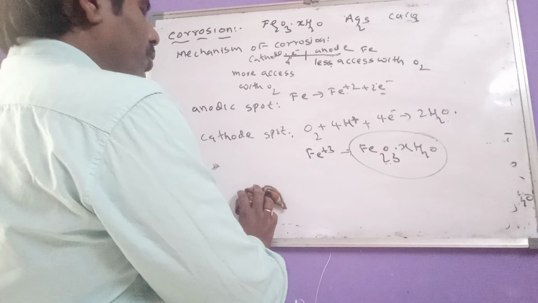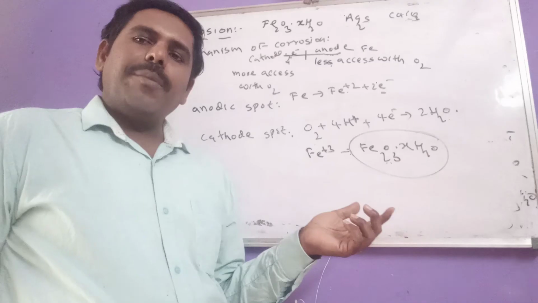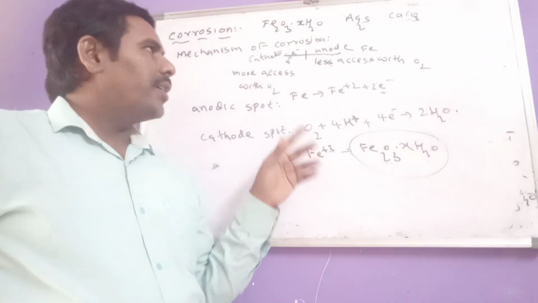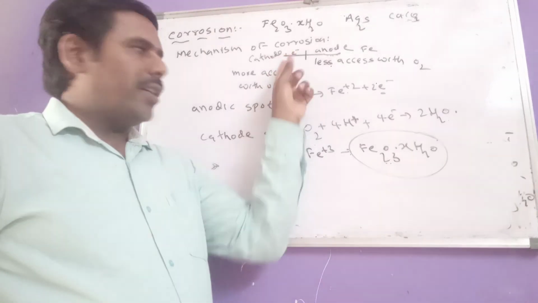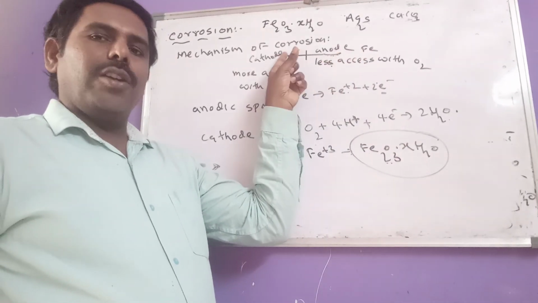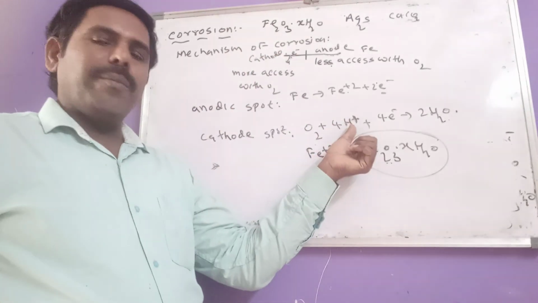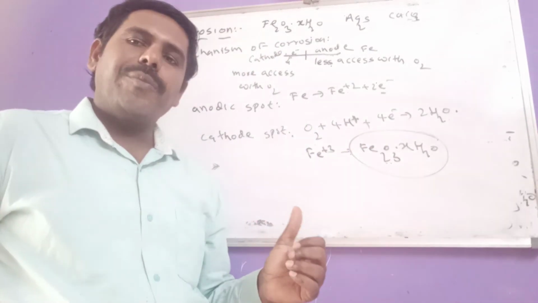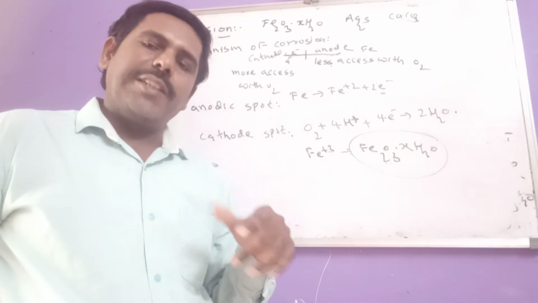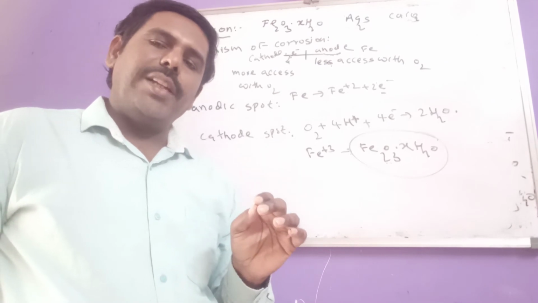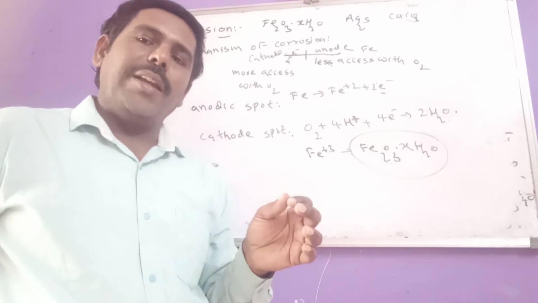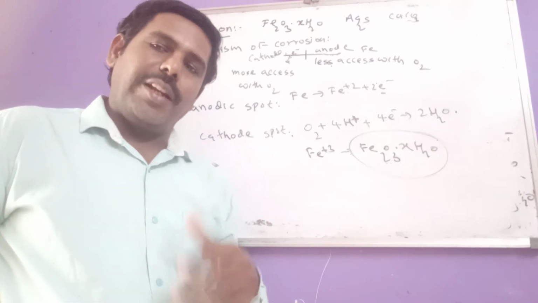Now sometimes some members may get one doubt. Sir, oxygen is present in the environment, so that comes in contact with the iron rod. Of course, the 4 electrons are produced at the anode spot. They travel towards the cathode spot. But where are these H plus ions available from? Okay, very simple. Generally in the environment or in the atmosphere, moisture is there. Moisture means nothing but H2O, and carbon dioxide is there. Not a small amount, plenty of carbon dioxide is there in our environment.